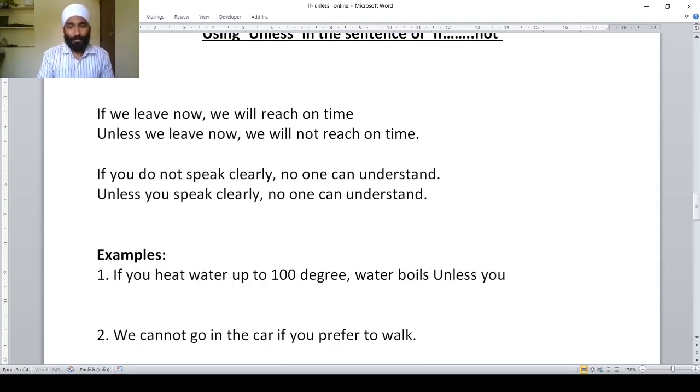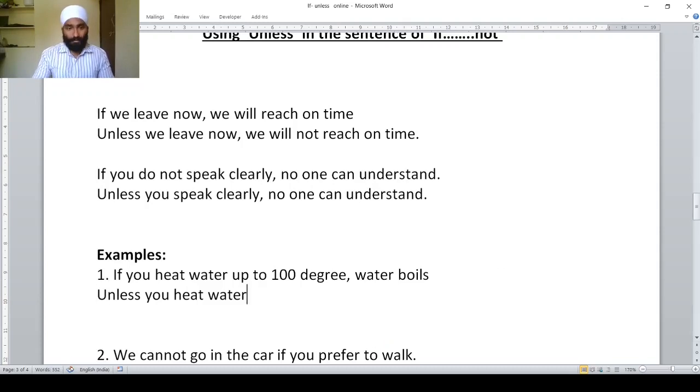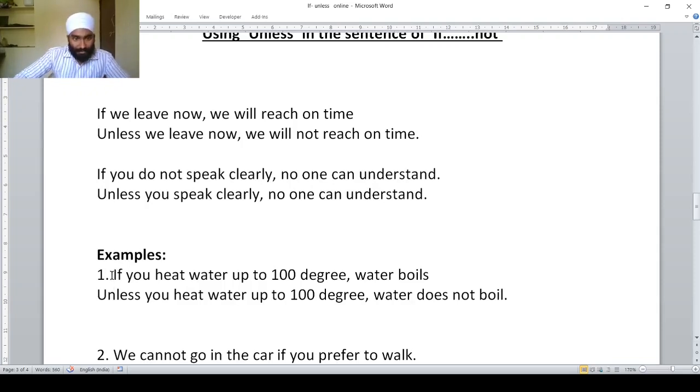Unless you heat water up to 100 degree, water does not boil. See here, in the given sentence, if only "if" was given and "not" was not there, the sentence is